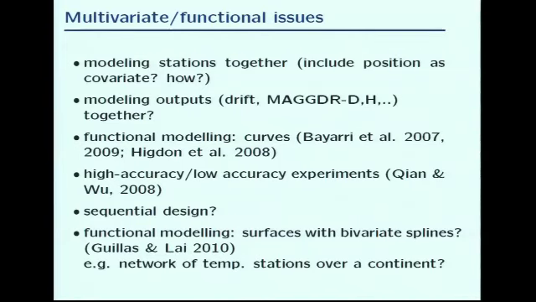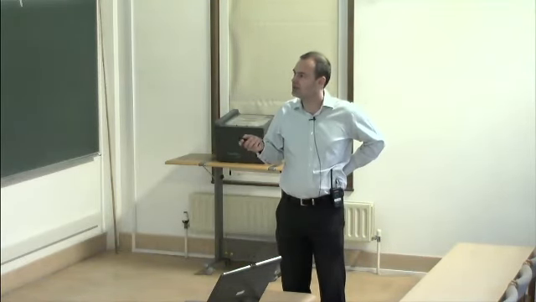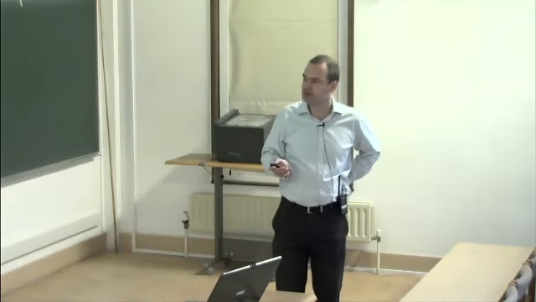Sequential design, we just talked about it. And the functional modeling, well, again, if I follow this idea of curves fully, so many outputs, actually surfaces, or even 3D outputs, if you think of climate models. How do you go about this? So I have a suggestion here to parameterize those surfaces, because I've worked on this in another setting. It's not linked at all to computer models, but